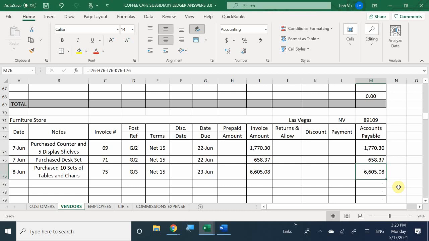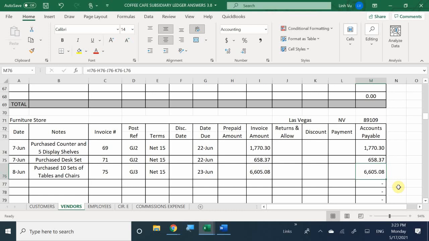So once again, is there a real method to the madness? As long as you do the 2, which is your journal and your ledger, because you need to complete the ledger in order to complete the trial balance. That's the number 1 thing there, because that's part of the accounting cycle. Now, do you need to have your subsidiary ledger? Absolutely not. You don't need to keep track of your vendors or your customers if you don't want to. Of course, that would be